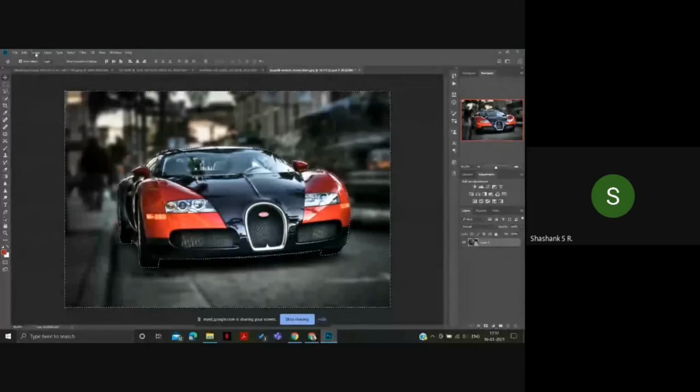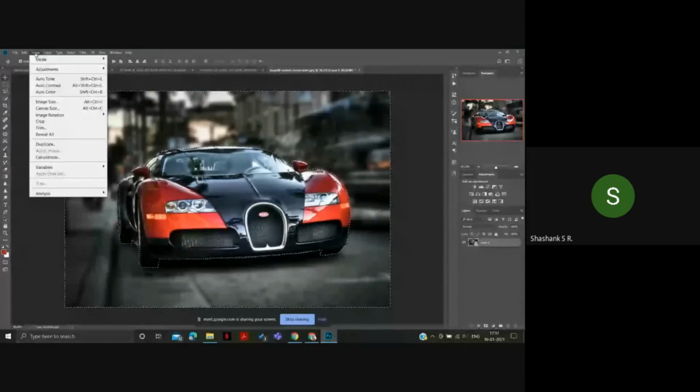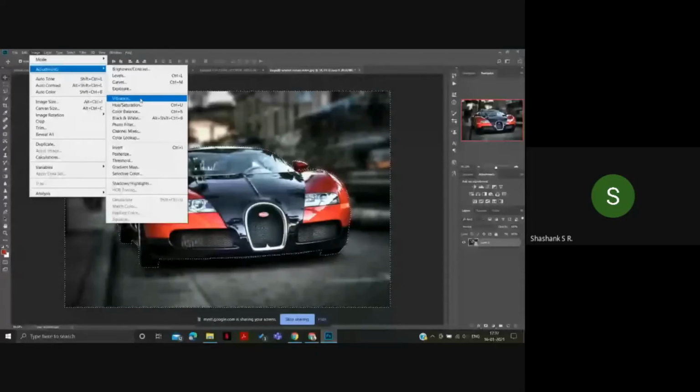In order to change the background of this car, like the scenery, click on Image on this toolbar, and then go to Adjustments. You can see so many options over here, like brightness, levels, curves, exposure, vibrance, hue, saturation, color balance, etc. If you want to increase the color ratio, you have to click on Vibrance.